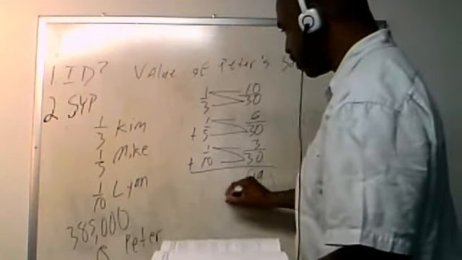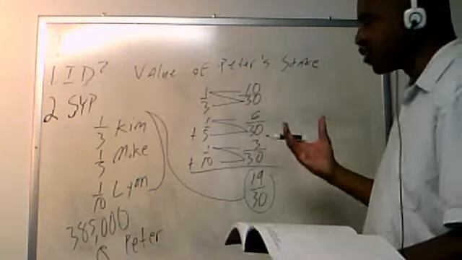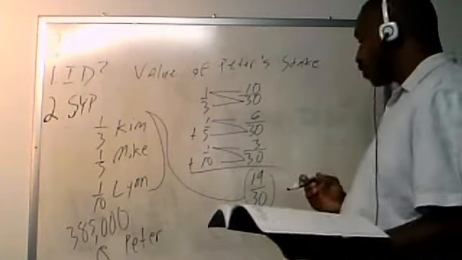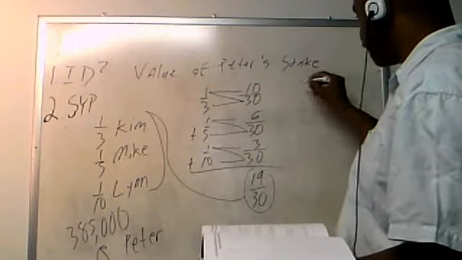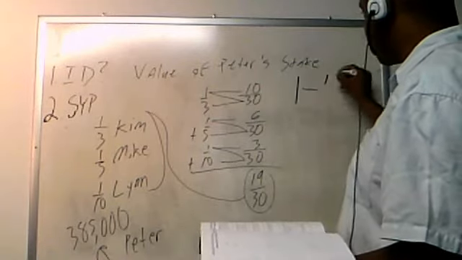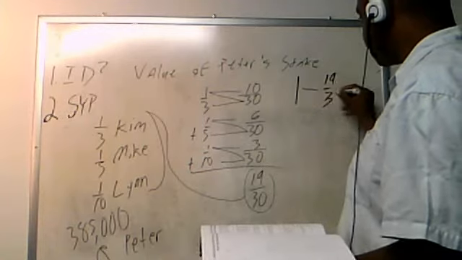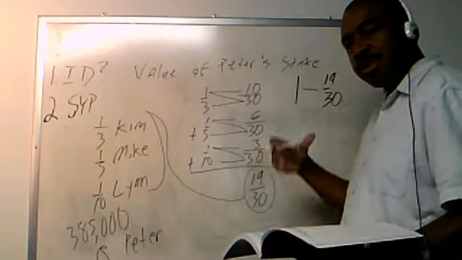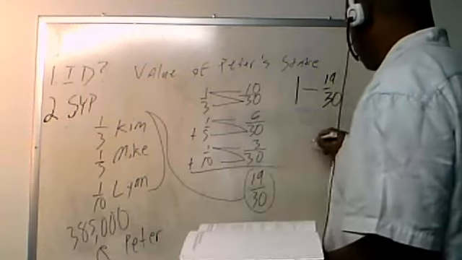Okay? And so you've got to think about the company as the whole number one. The ownership is just the whole number one. So if you take that whole number one and you subtract 19/30 from it, okay? This is an important concept with fractions because a fraction is a piece of the whole. So 1